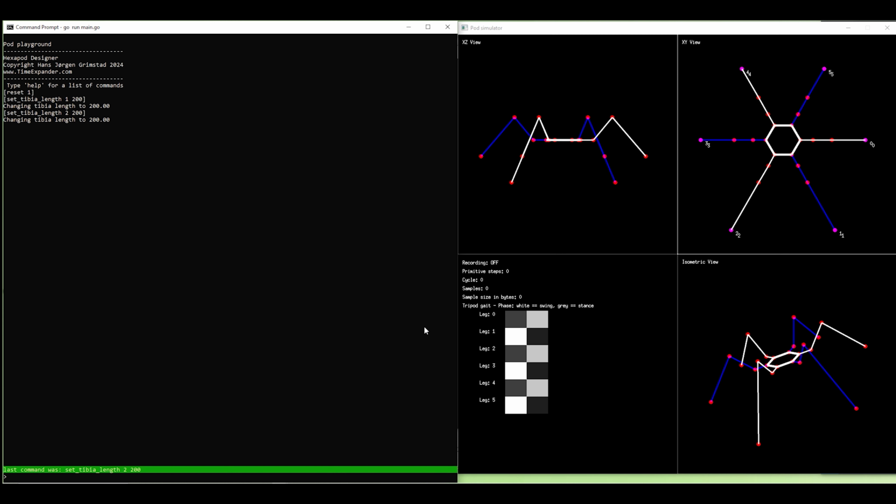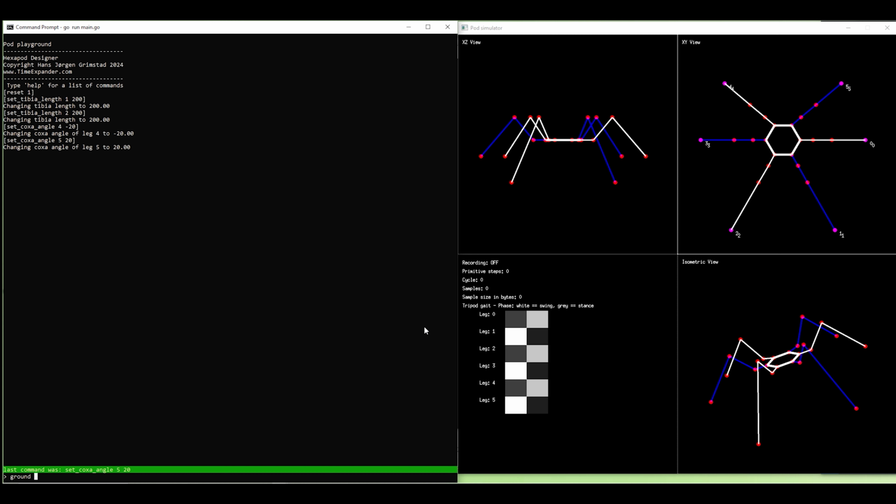And let's change the anchor angles, or the coxa angles, for leg 4 and 5. So I'll say set coxa angle 4 minus 20 degrees, and I'll repeat the same for leg number 5, positive 20 degrees. And as you can see, now the end effectors are not intersecting in the same plane, and that's a problem. So I've added a new command that can anchor the end effectors. I call that command ground,